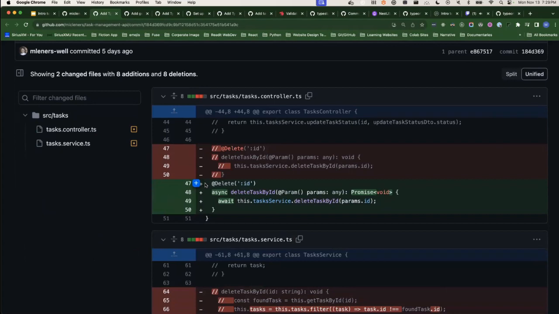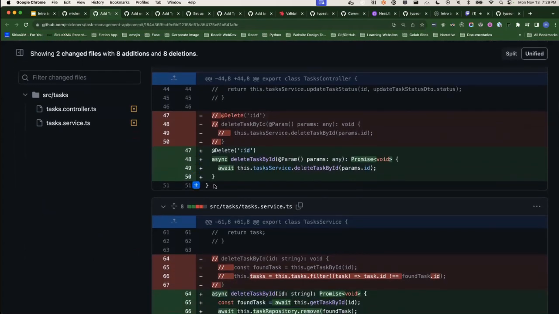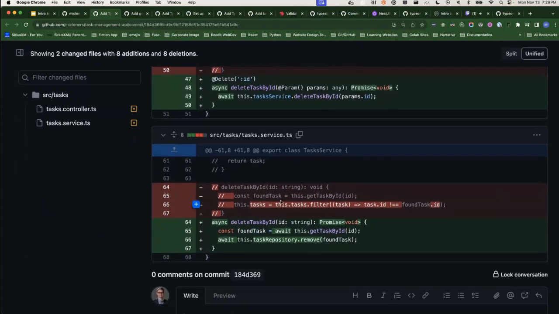The TypeORM delete will look pretty similar to the other ones. Nothing changes too drastically in the controller. And then inside of the service, we go ahead and use this task repository dot remove by finding the task and then removing that found task. There are two different ways to do this. There's also